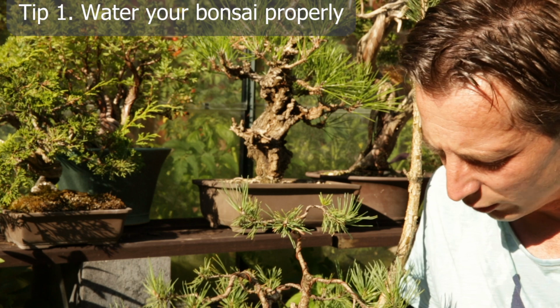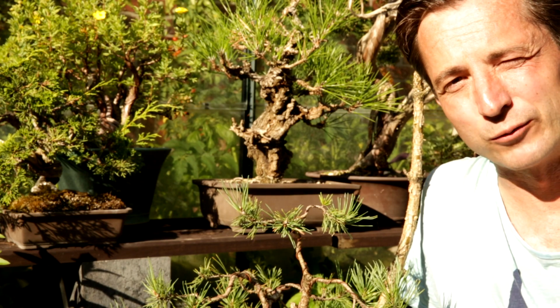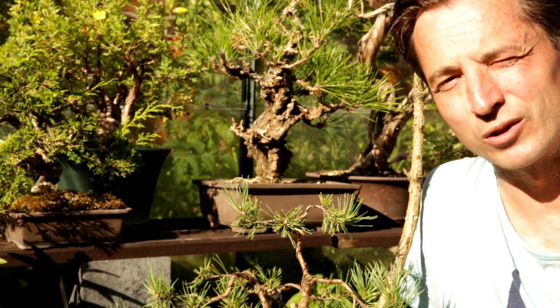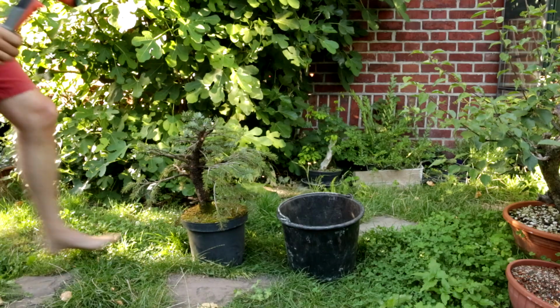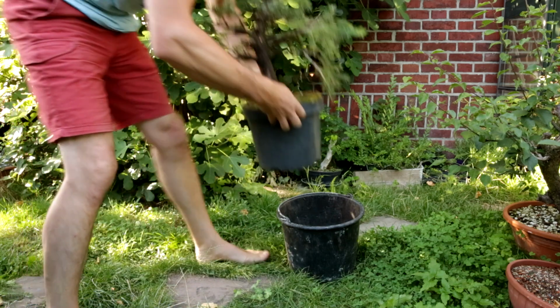My substrate is very open and water can easily penetrate through it, but also it dries out quite quickly. So every day in the morning I water my trees and in the evening I water my trees. Key to keeping your trees well watered in the middle of summer is to make sure you actually water them